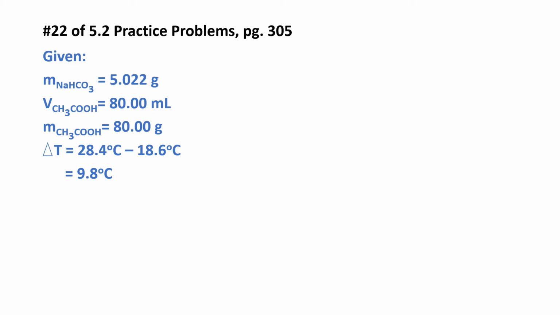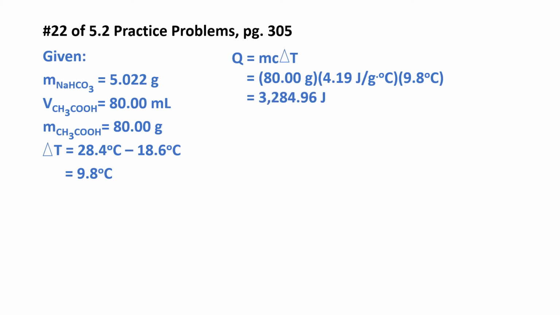Now we can plug that information into our heat formula, which is Q equals mc delta T. We will put in the values for water. For the mass, we're going to assume that our acetic acid has the same mass as water, and that is 80 grams. We use the specific heat capacity of water, which is 4.19 joules per gram degree Celsius, and our delta T, which was calculated at 9.8 degrees Celsius. That gives us a value of 3,284.6 joules. Now this is the heat that the surroundings, the water,